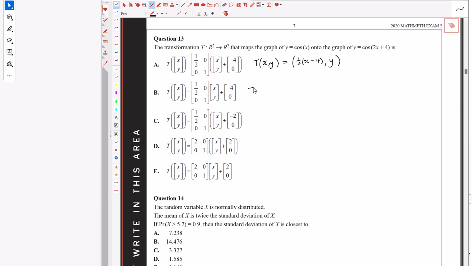This is saying the transformed point xy is half times x minus 4, and nothing's happened to the y value. And in this one, the transformed point xy is equal to